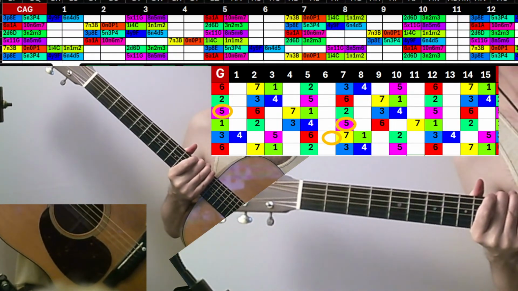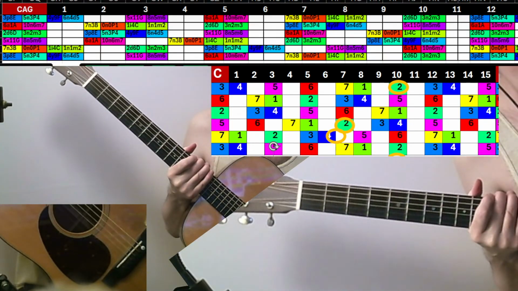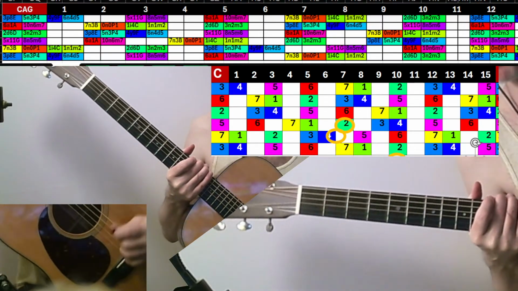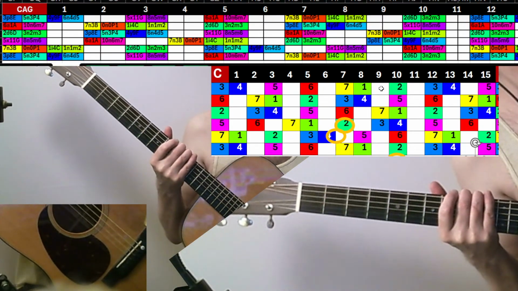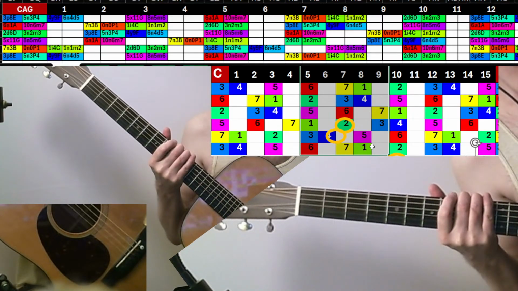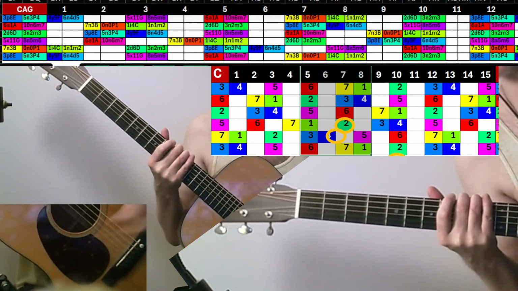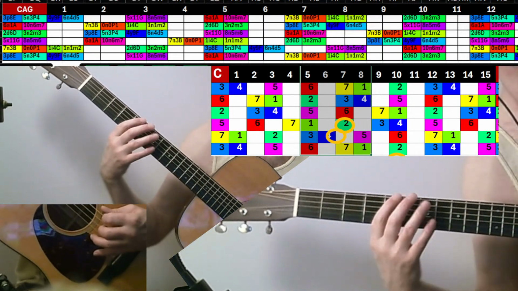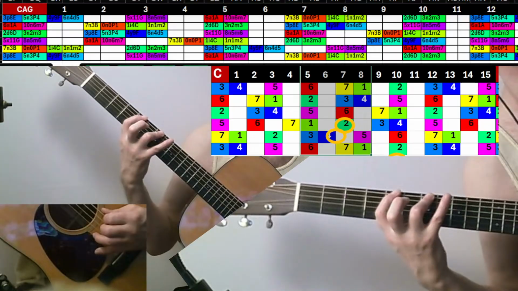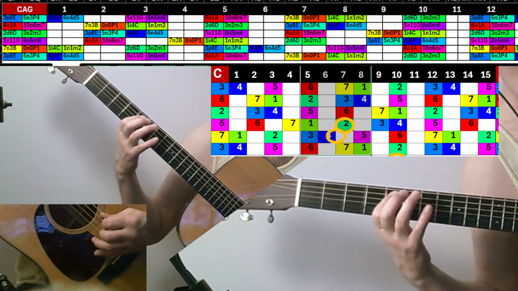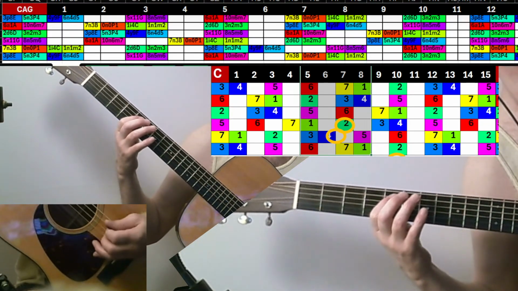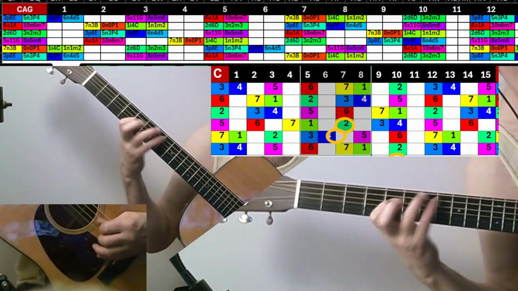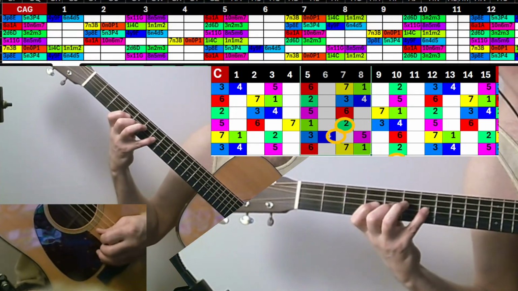So then let's go back to this collection of notes around the key of C. So now I'm going to say I'm in the collection of notes around the key of C. So I'm back to shape number 1 on fret 5. If I started on fret 5, this top point is A, which is a Mixolydian. So if I count that up to the Dorian, it would be 6, 7, 1, 2. That's my root. And then if I go from 2 to 2, because now I'm thinking of the shape from a Dorian perspective, it would be 2, 3, 4, 5, 6, 7, 1, 2. 2 to 2